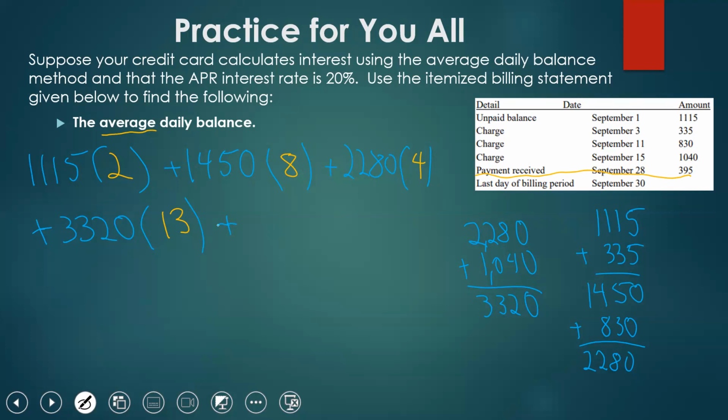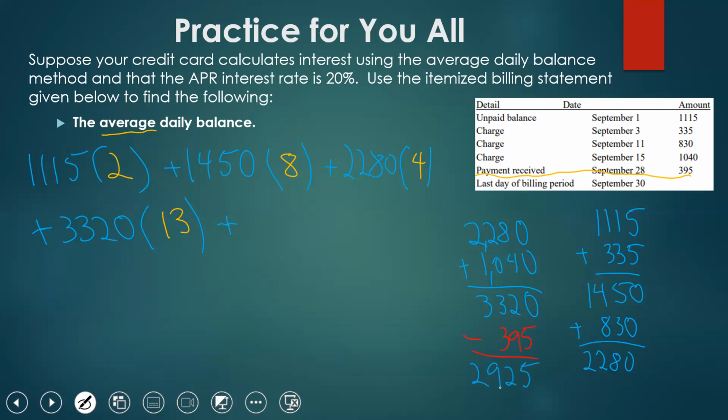And what that does is it actually decreases the amount that is owed, right? It's going to take the total balance and lower it. So in this case, instead of adding that $395, we're now going to subtract that from the current balance on the account. And if we do that, what we end up with is that the new balance of the account as of September 28th would be